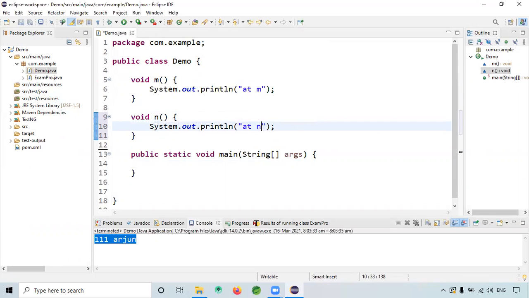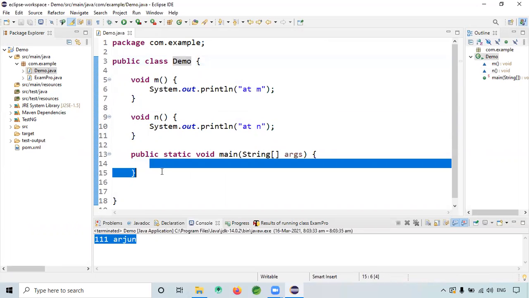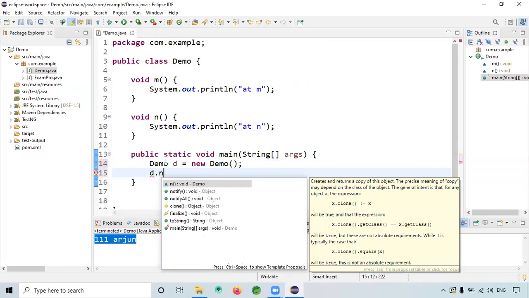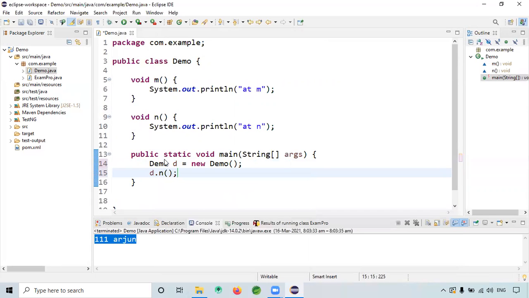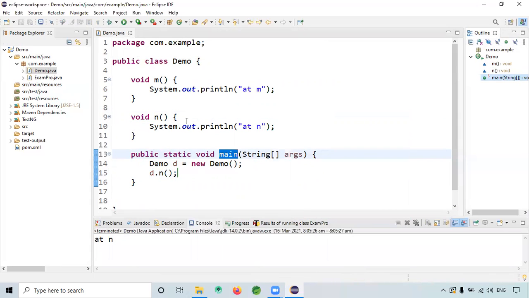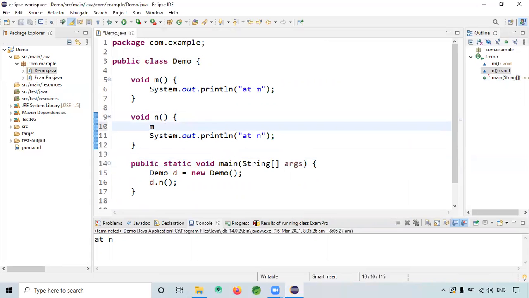I will create Demo d = new Demo. Then I will call d.n. When I run this program, obviously it will call n. So it is calling n. Here I will call m like this.